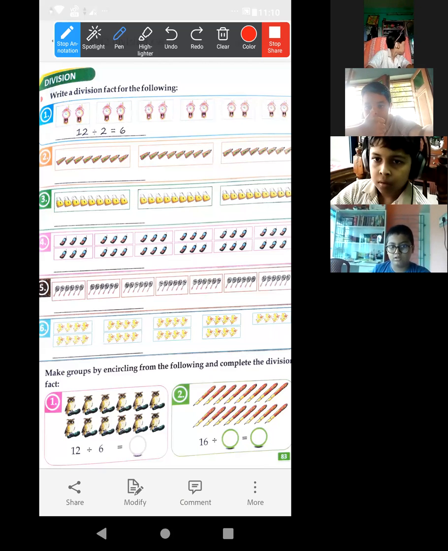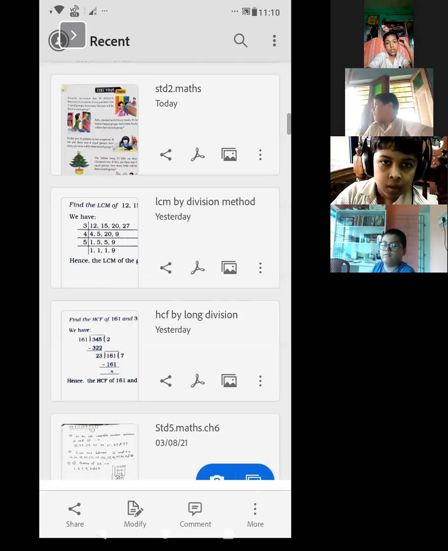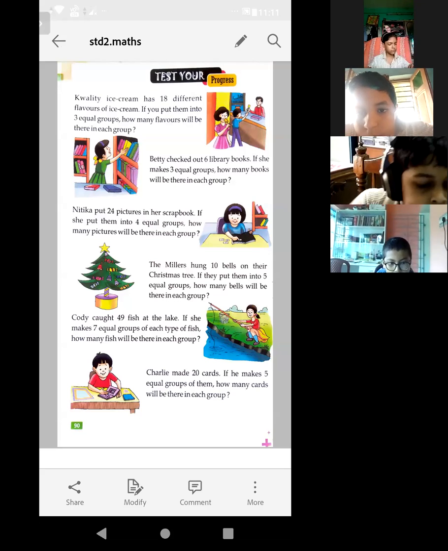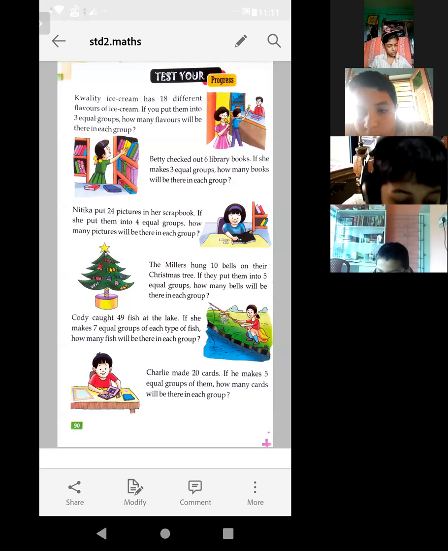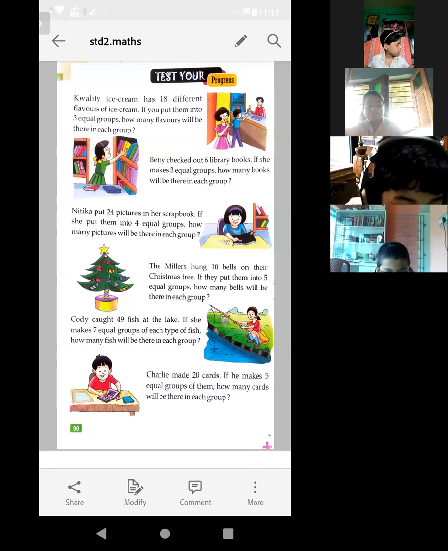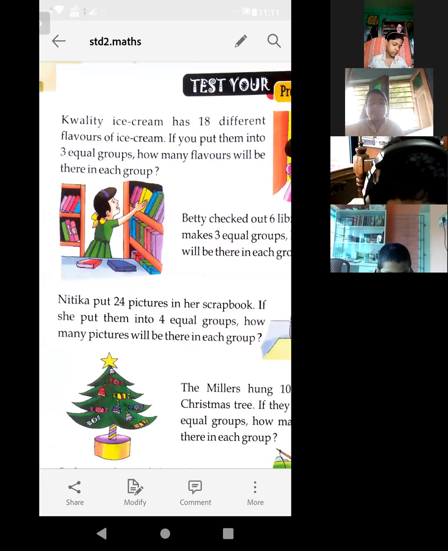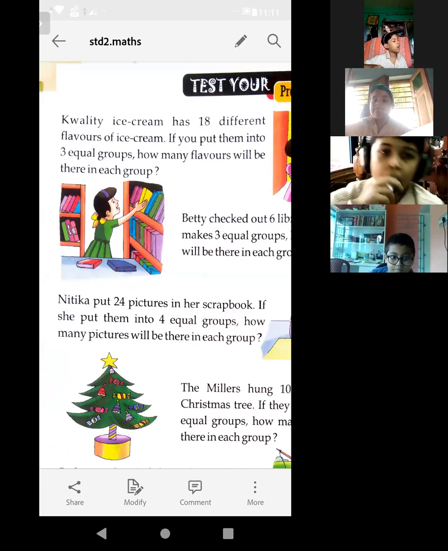Acha, now look at this. Now all of you look at this one. Today in class, I'll complete the sums on page number 90, okay? Not that page number 83, understood? Look, the first question is given. Let me read the first question. The first question has already been done in your book, but no need to look at the solution, okay?